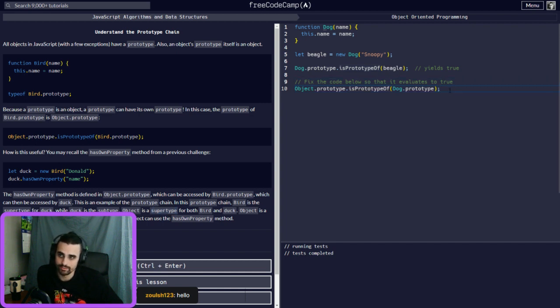So if we do hasOwnProperty, remember how we did hasOwnProperty to make sure in here? Well, this would be like the equivalent of saying isPrototypeOf.